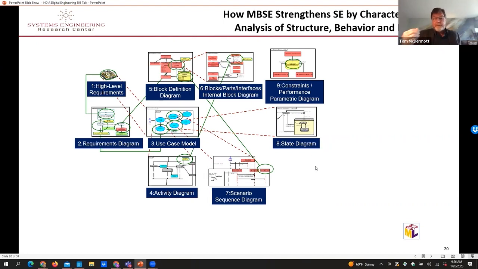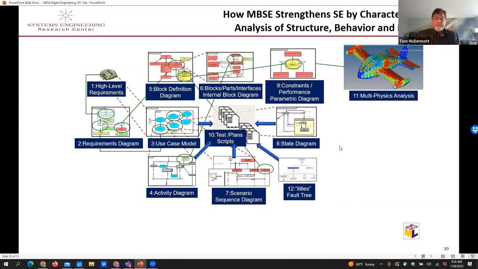So we can capture all this stuff into a systems diagram, connect everything together, and then use it first to actually build the model of how we're going to test all this stuff. So we can build modeling of our test activities and connect those in. And then after that, to build models of our engineering analysis. So we can take those and go into different other tools to do things like multi-physics analysis or safety analysis in an Iliades type tree or any of these kind of more disciplinary models.